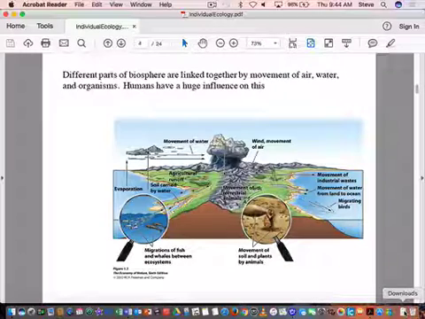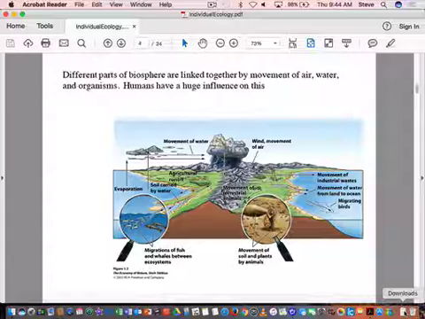But also the other thing is you have a lot of movement of animals between ecosystems and parts of the biosphere, right? So often you have migrations of marine fishes. And I don't know too many whales that do this. I was kind of surprised to see this in here. But when you think about migrations of fishes from marine waters into freshwater systems, right? And you can think of salmon doing that. So there's a lot of movement of individuals between what are really kind of unique, different ecosystems, but individuals can move between them, right? And you can imagine when an organism moves from a marine ecosystem into a freshwater system,